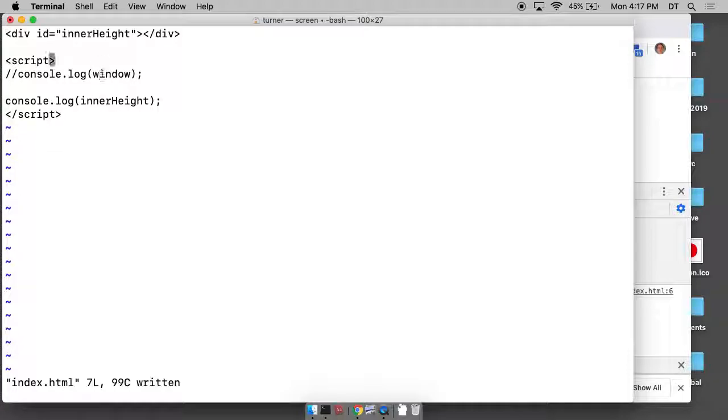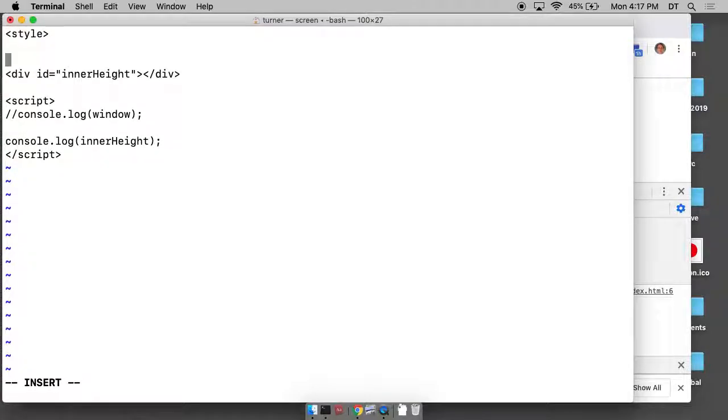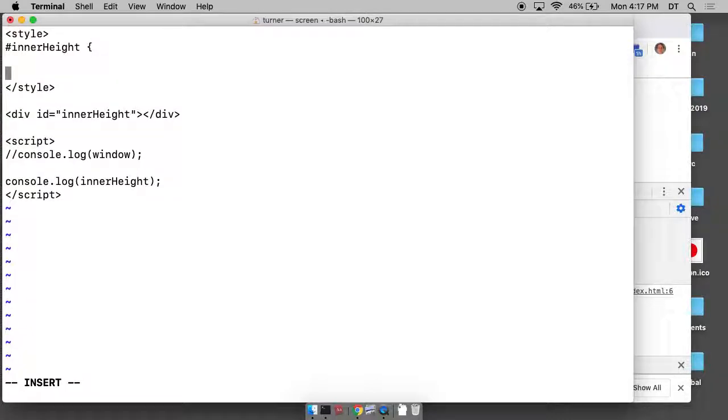So I guess, I mean, does this even work? I wonder. Maybe we'll try something like this. Watch this. Let's do this. Do styles still work? I don't know how the browsers do this. So if we define this inner height here, it still uses the inner height that's in the window object. So what happens if we try to style that? Okay, so it's the sharp sign, inner height. Okay, and we're going to say,